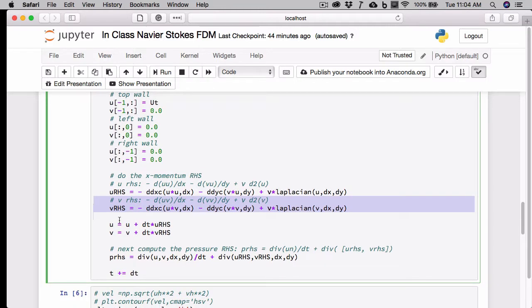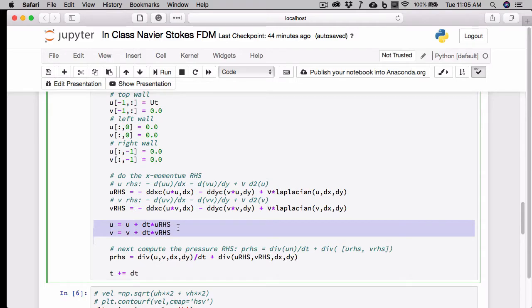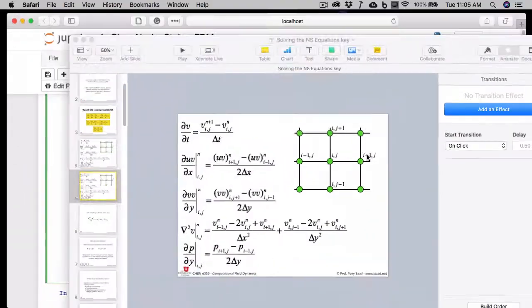And then u tilde essentially is un plus delta t times advection plus diffusion, right? So u right-hand side is advection plus diffusion, and v right-hand side is advection plus diffusion. So u and v here, these are our provisional velocities. So if you go back to the projection algorithm,